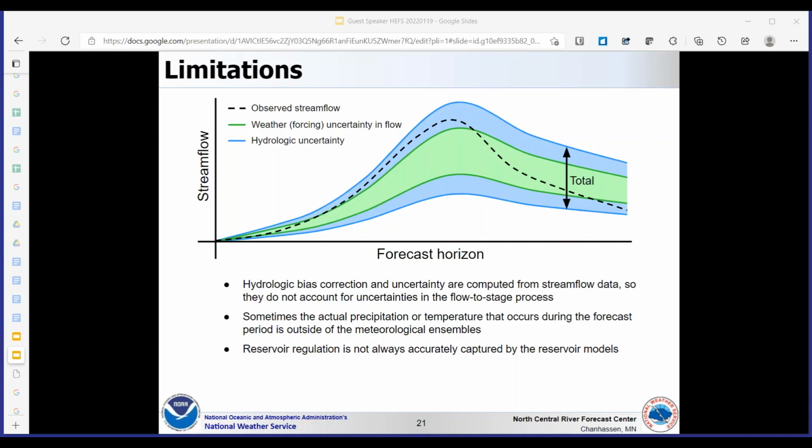There are other RFCs who do this, however. Northeast RFC works with the city of New York in kind of a situation where Northeast RFC sends them an ensemble of inflow time series, and then the city of New York will send back an ensemble of what they would do. Generally speaking, our partners are not able to turn their outflow scenarios back to us that quickly, where they could do it for an entire ensemble.